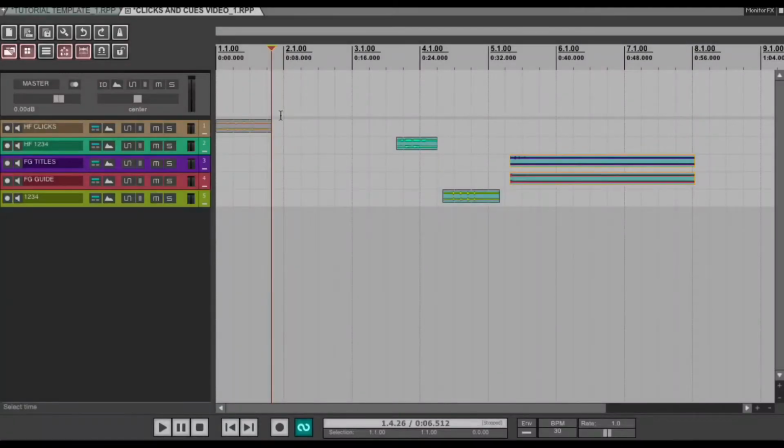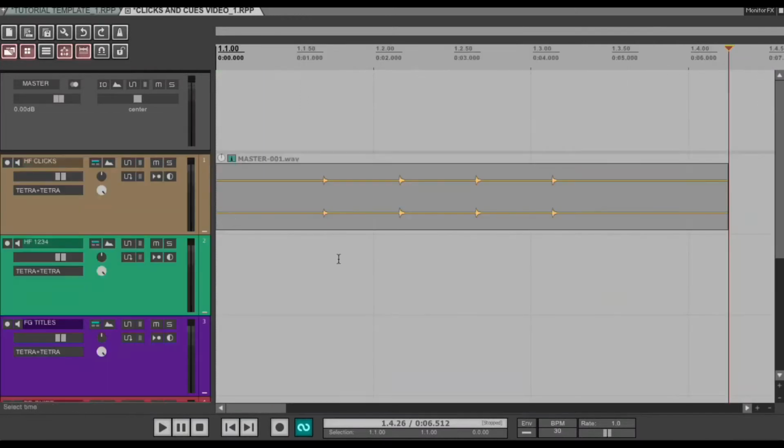So first things first, the click. I like to use a 707 kind of sounding cowbell. I tune the first click up either a minor third or a fifth. You can hear the beginning of the bar because it's a higher pitched click. As you can see here, I've pulled this click in,